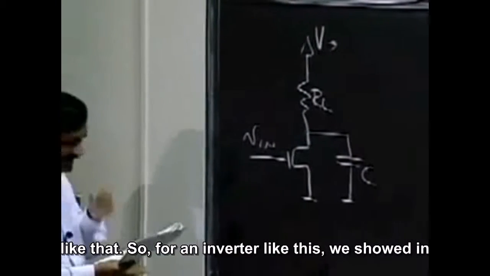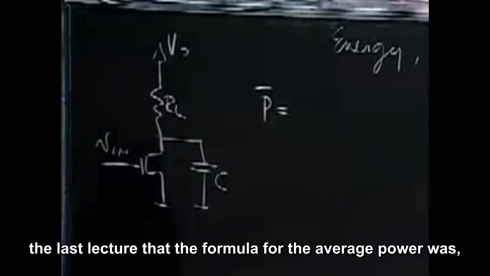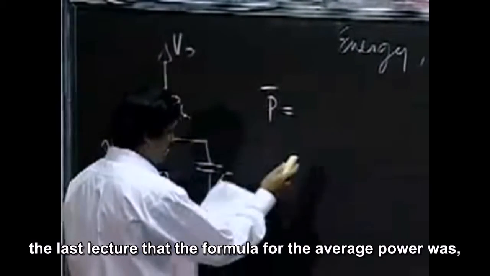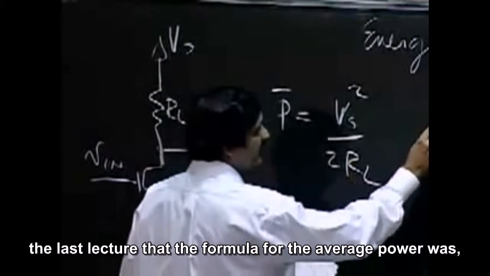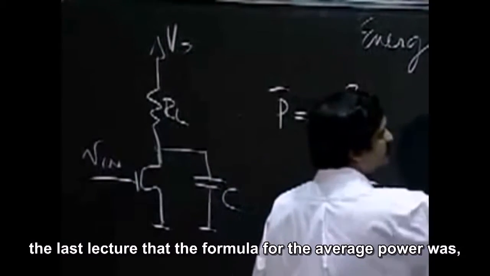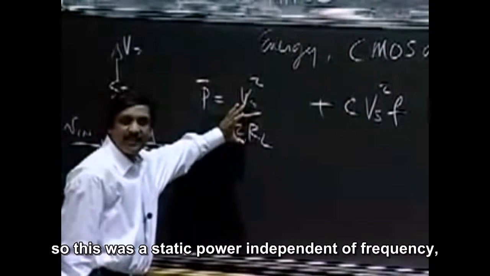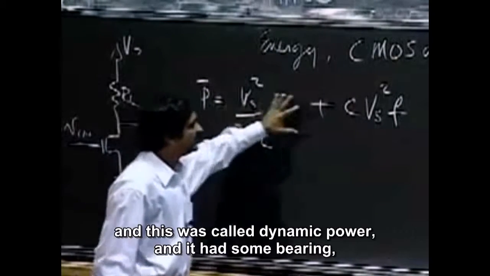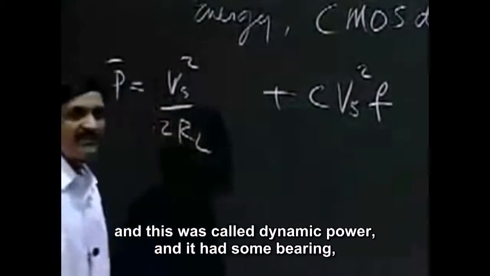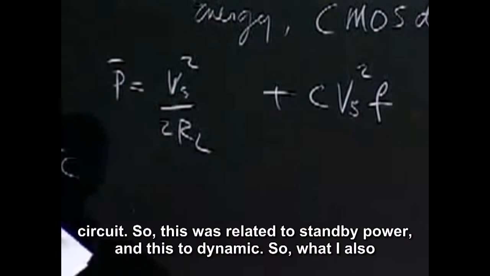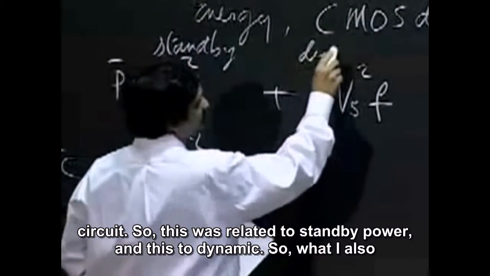So for an inverter like this, we showed in the last lecture that the formula for the average power was, so this was a static power independent of frequency, and this was called dynamic power. It's related to the frequency at which you clocked your circuit. So this was related to standby power, and this to